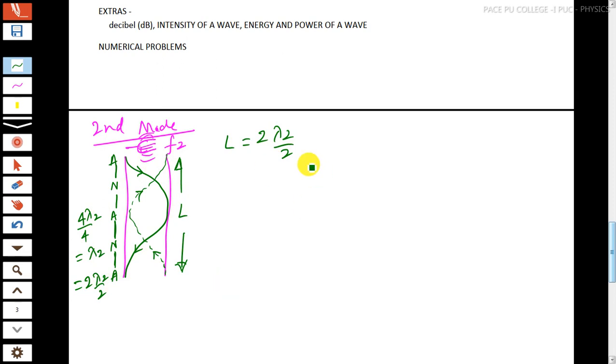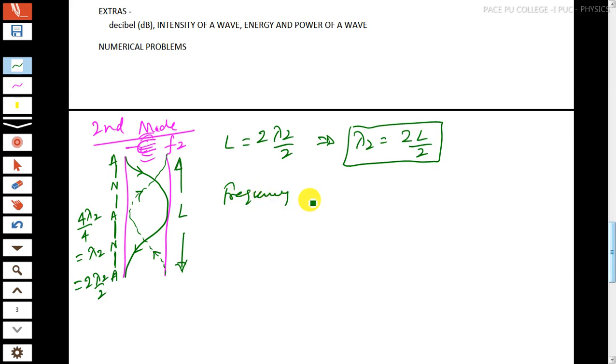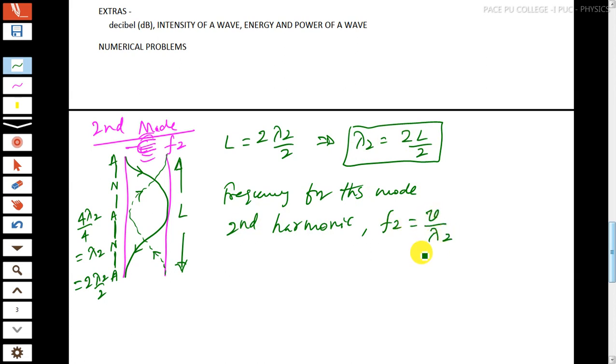Okay, so now solve for lambda 2, which gives me lambda 2 equals 2 times L divided by 2, the wavelength corresponding to the second mode of vibration. So now the frequency corresponding to the second mode, the second harmonic frequency, which is F2, is equal to, what should I write? It is V divided by lambda 2,